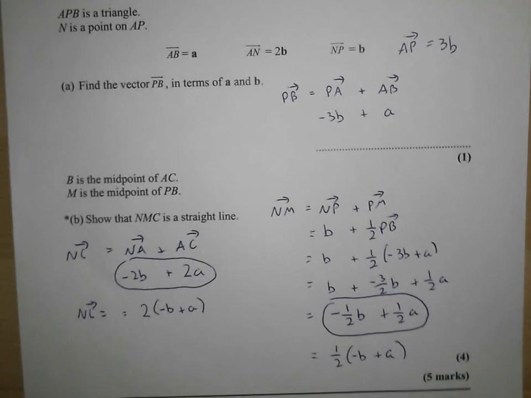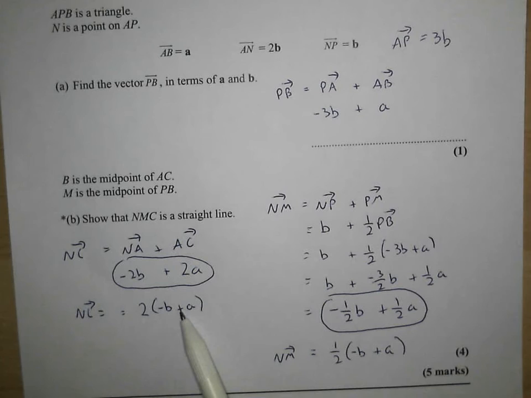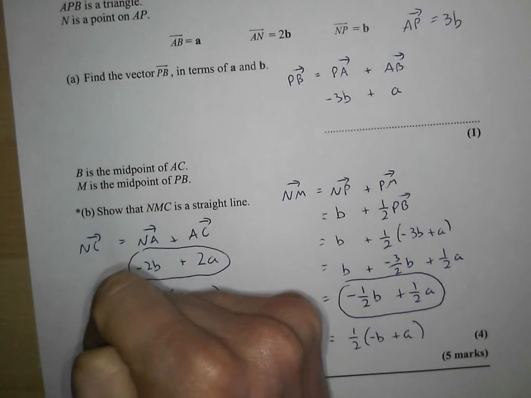Now, is that useful? Well, yeah, it's very, very useful, because that vector and that vector must be parallel to each other. They've got the exact same B and A components. They've both got minus B and A. The only difference is that's been timesed by 2 and that's been timesed by a half. That one is 4 times as far as that one. But my job's done here, because all I need to do is put therefore